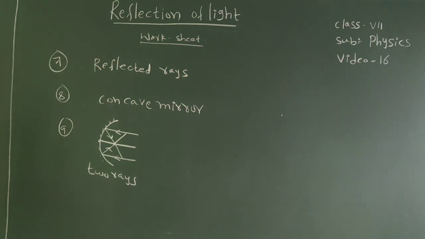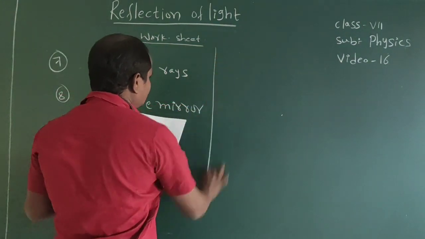10th one, it passes that questions. A 2 centimeters high object is placed on the principal axis of a concave mirror at a distance of 12 centimeters from the pole. The image is inverted and 5 centimeters in height. Then the first one, the image distance of the object from the mirror is, listen here.